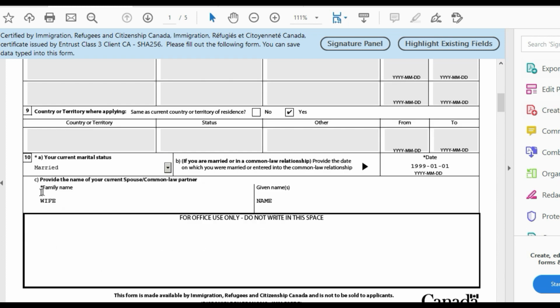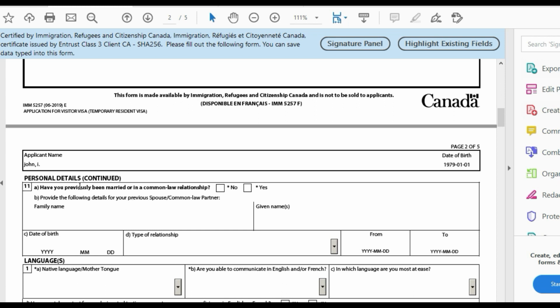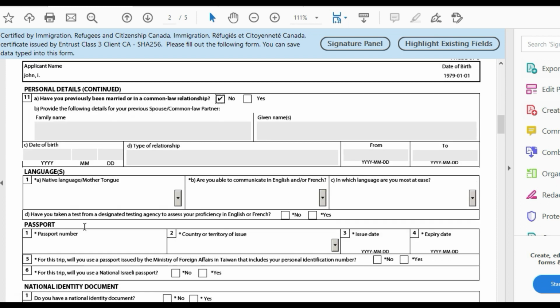Here you have to give the family name and the given name, and you have to match them with your passport. Do not make a mistake here. It is also asking, have you previously been married or in a common law relationship? If you have, you have to explain. If not, you just say no.